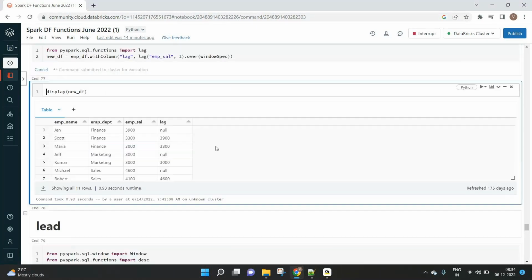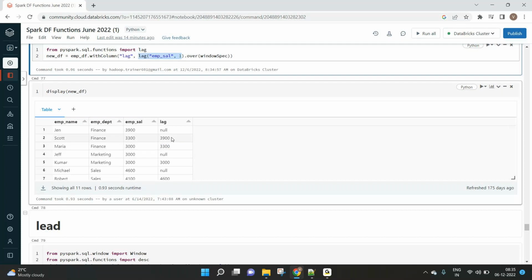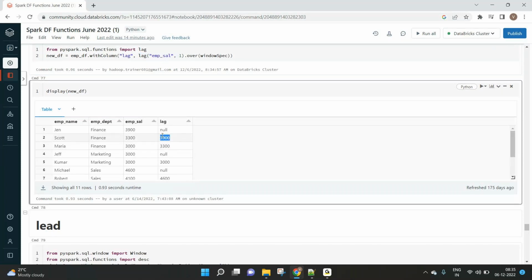So always the first record will have the null value for lag, because the first record is the first record, hence it won't have any previous record, hence it will have the value as null. But if you take the next value, 3,900, we are getting this from the previous record's employee salary column, right? So that's why I mentioned it as lag. Employee salary of 1 is nothing but the values of this column will be filled up from the previous record's employee salary column,